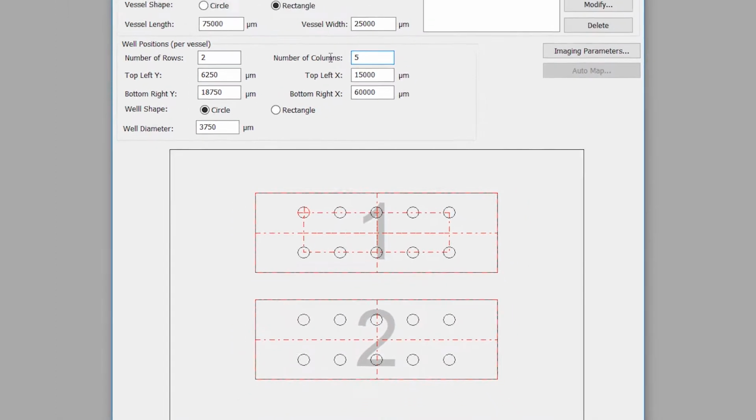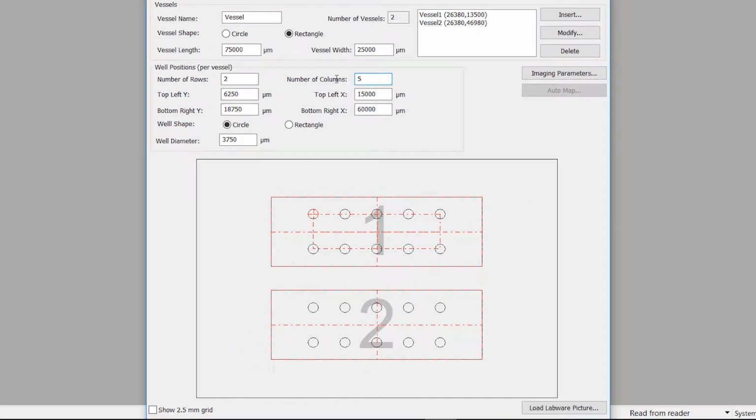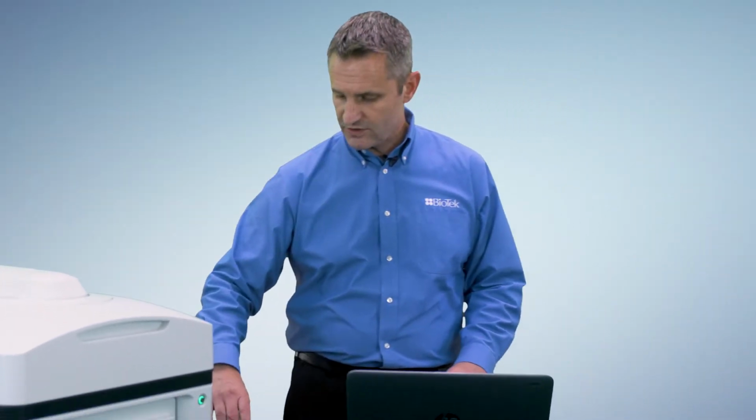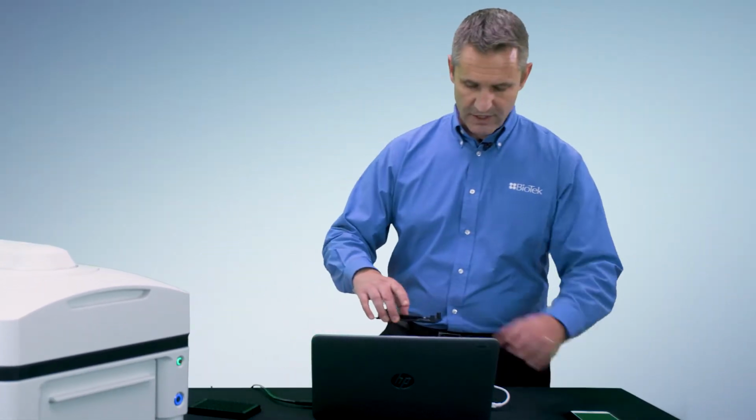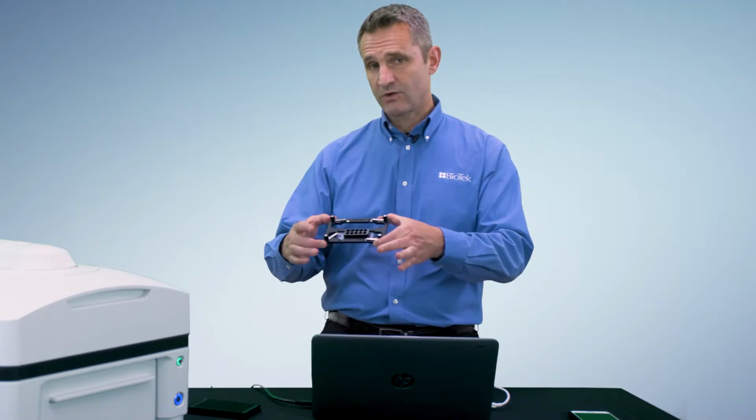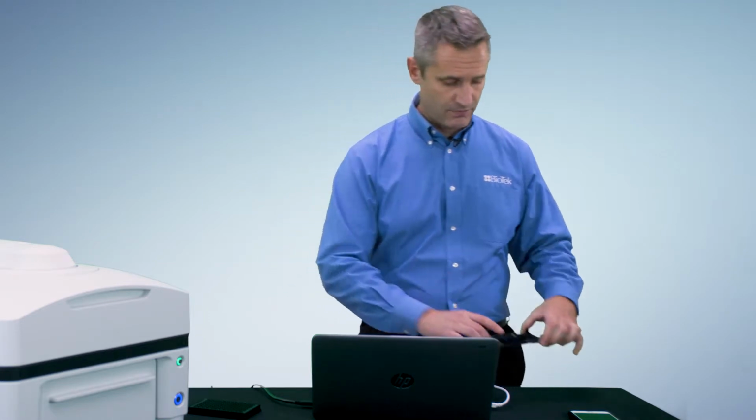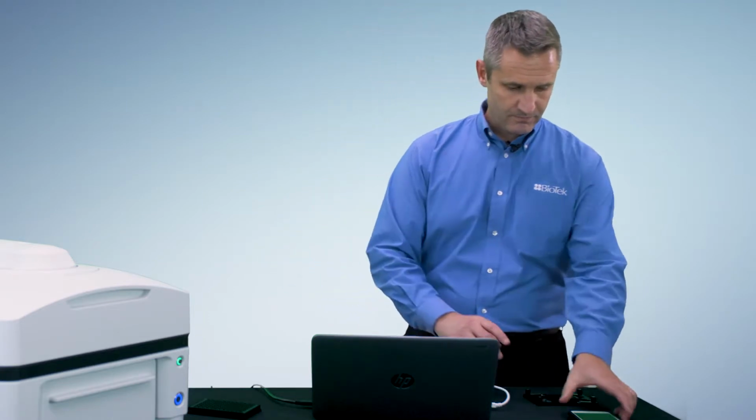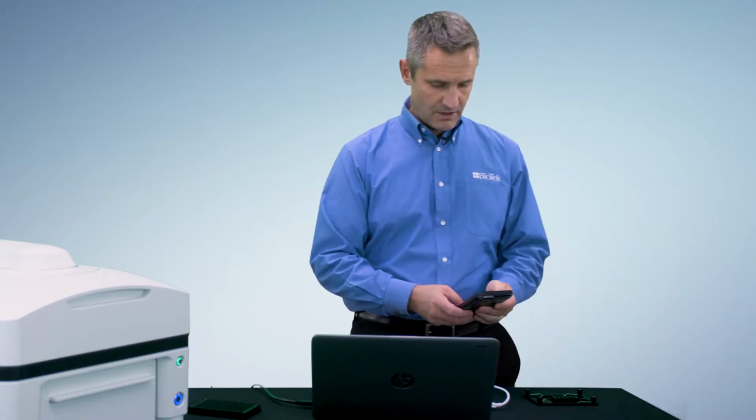Now, it is not easy to align exactly this illustration to the actual plate, and so there is a very useful tool in the software that allows you to take a picture. As you can see here, I have a load picture button. Before I do that, let me explain to you how you should take your picture. You want to take your labware, here my chamber slide, installed in its adapter, put it on a flat surface, take any mobile device,